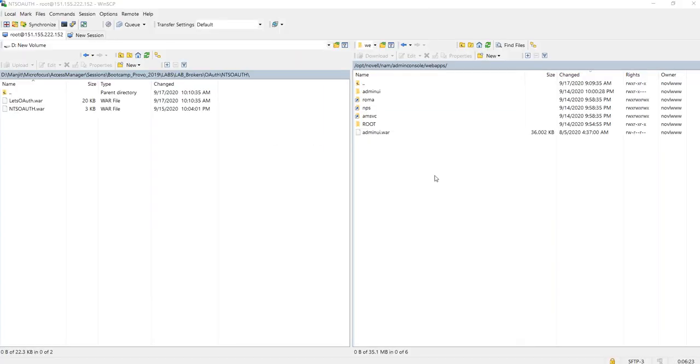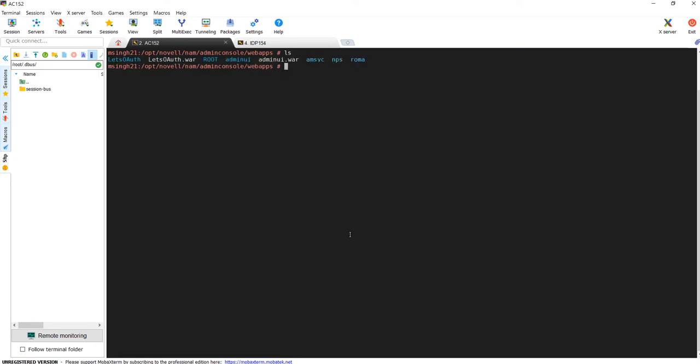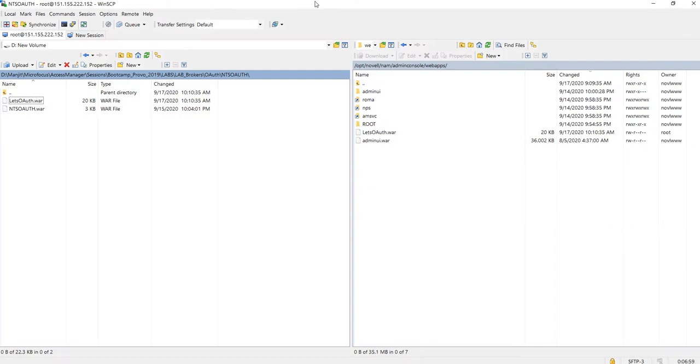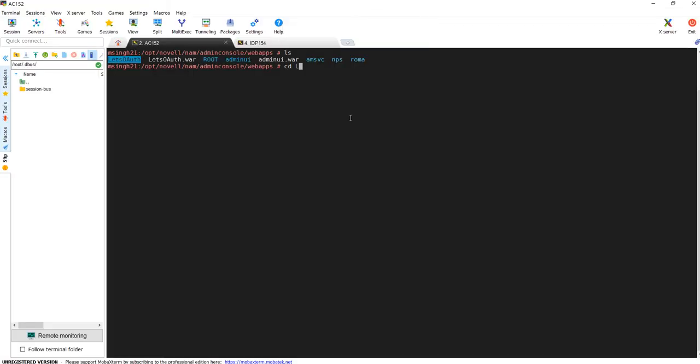To deploy the LetsOAuth web application, you need to take the LetsOAuth.war and copy it to the directory opt novell nam adminconsole webapps of the admin console. So I will copy this here. Once you copy this, Tomcat will automatically detect it and extract it as a folder LetsOAuth. Go inside the folder LetsOAuth,